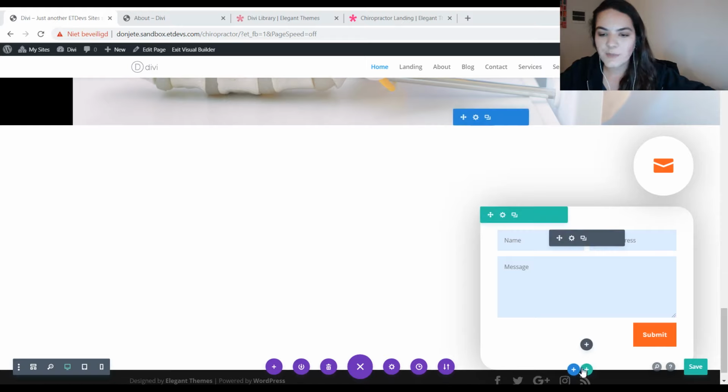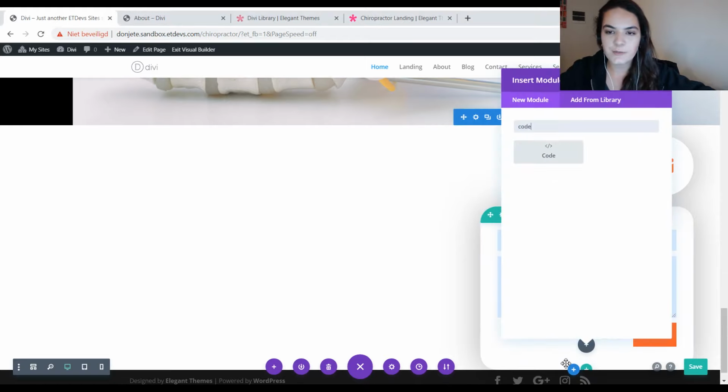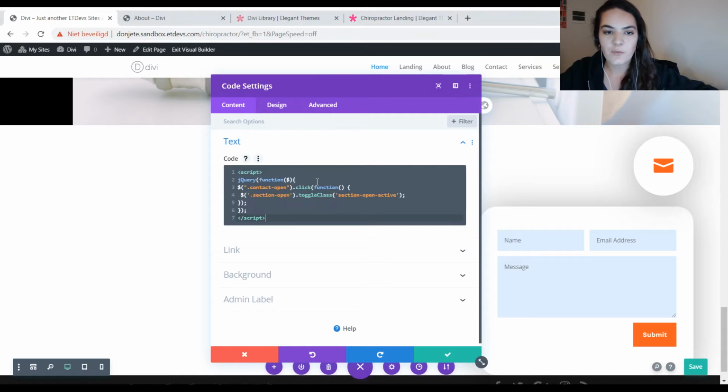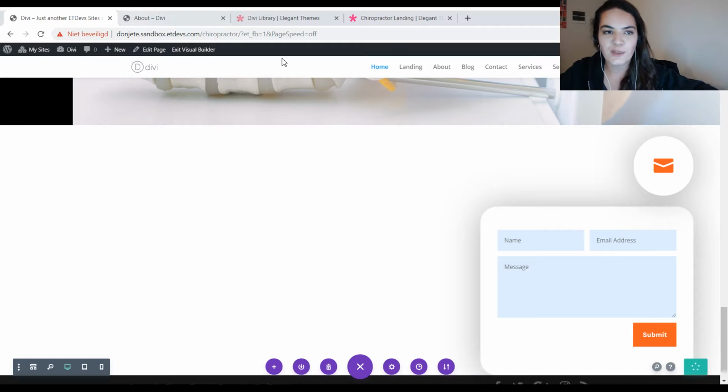All right, so the next module that we need over here is a code module. And now I'm going to add some jQuery code, and you can grab this jQuery code by going to the blog post in the description below, and you can just copy and paste it. Just make sure that your CSS classes of the section and of the blurb module are correct. Otherwise, you can also change the CSS classes in the code itself if you know a bit about jQuery. And now that we've done that, we can go over to the